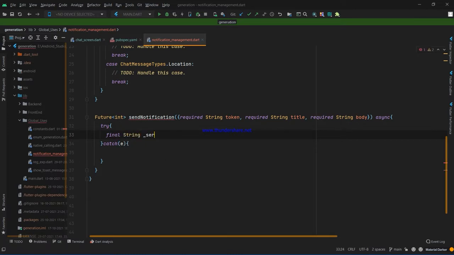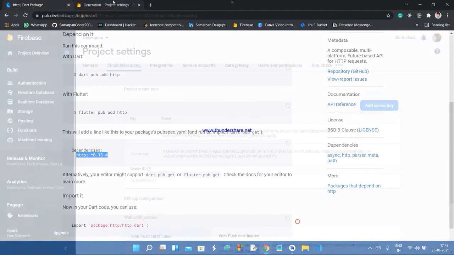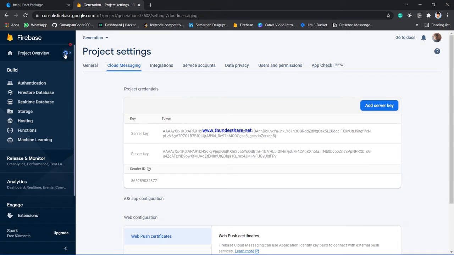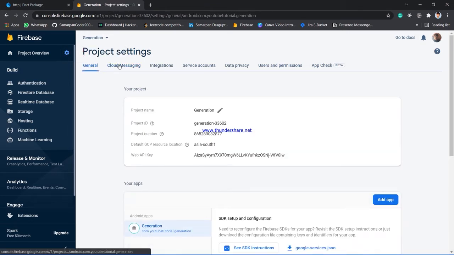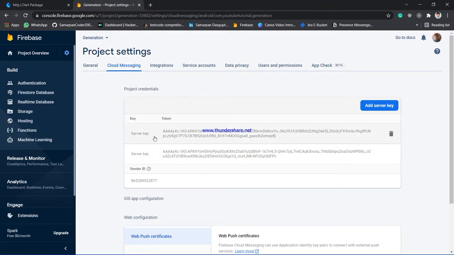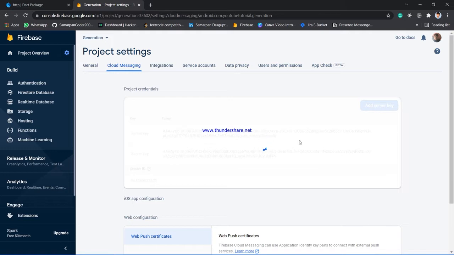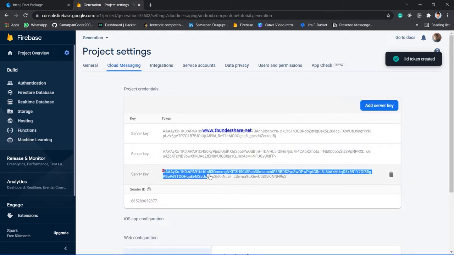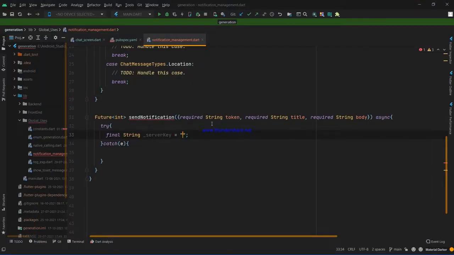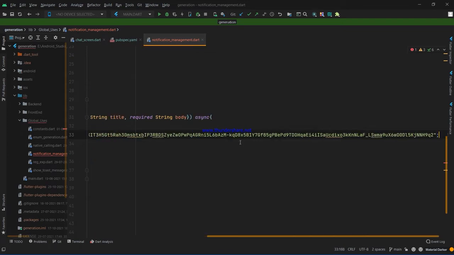Here we have to provide the server key as well. So what is that server key? We find the server key in our Firebase project. Under our Firebase project, go to the project settings and then to cloud messaging. Here one server key is present by default. I generated a new one by clicking on add server key. If you click here, a new key will be generated, and you can take any key as you like and paste it here. This is a secret key, so don't expose it to the public.